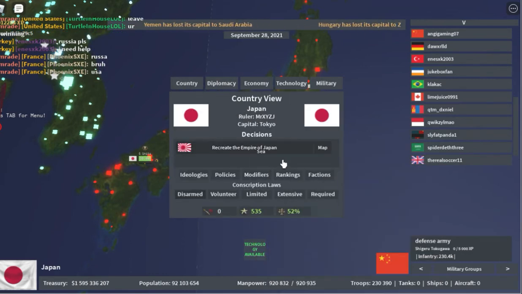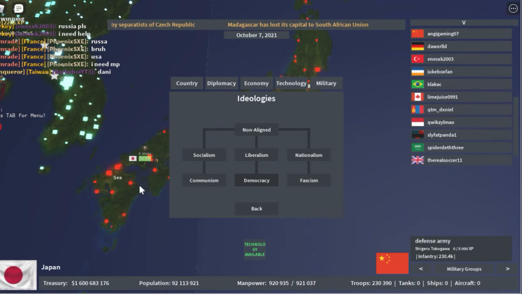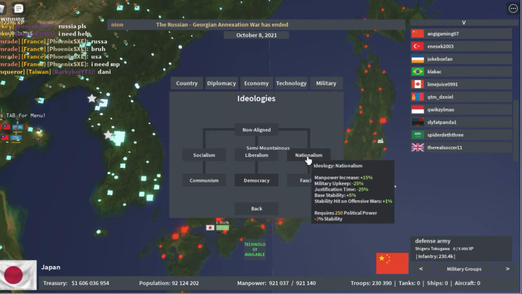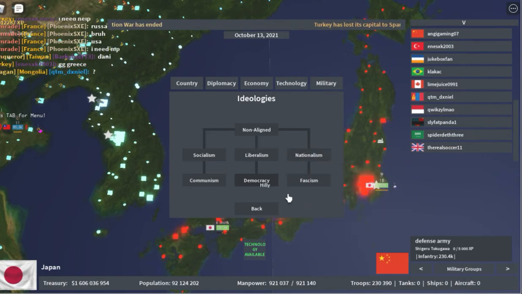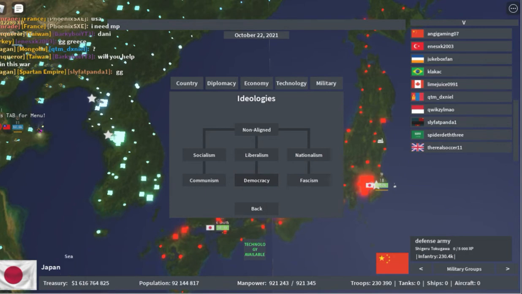Alright, so country. This is probably one of the most important slides for two simple reasons: ideology and policies. Ideologies can help you change your ideology, obviously, and if you want to go nationalist or fascist, that would help you if you want to justify wars quicker so you can go to wars. If you wanted to become a democracy, that would give you a ton of extra money. Since I'm Japan, obviously I'm super rich because of that, but it also has a ton of downsides. If I wanted to go communist, it's basically just a combination of the two,